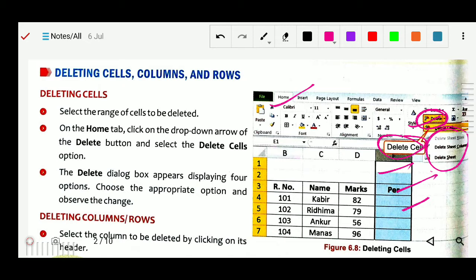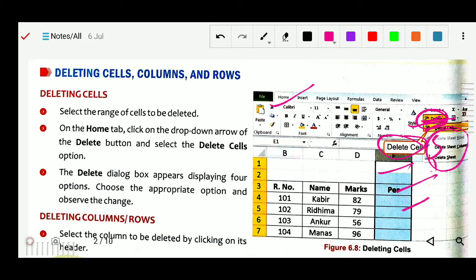Next, deleting rows and columns. Deleting a row and column is the same. We have to go to the home tab. There is a delete group, and here is the delete drop down arrow. In that there again are 4 options.